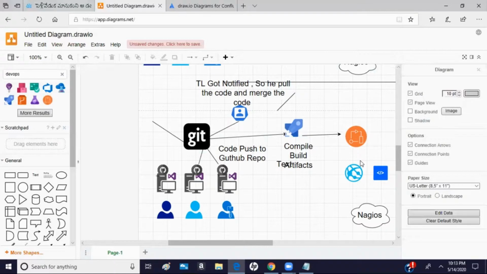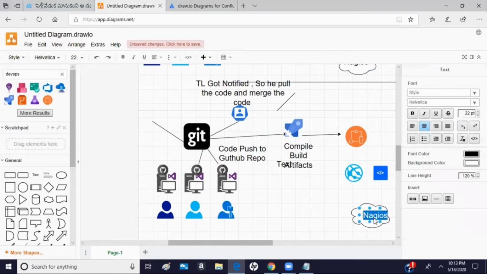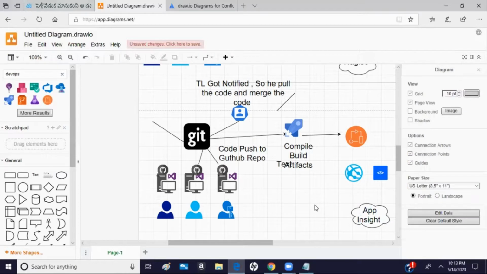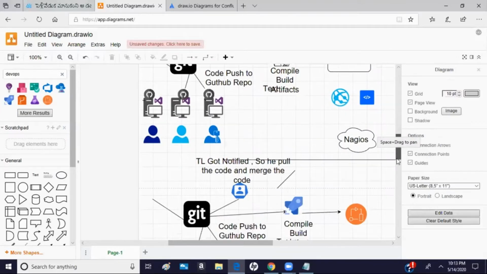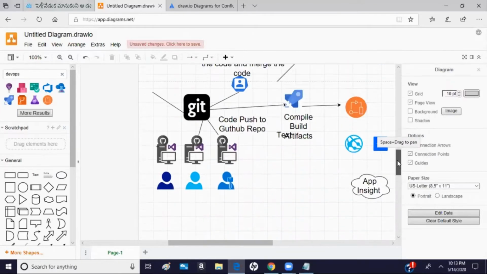And then instead of Nagios, I am going to use the App Insights service of Azure. So now if I look at the picture at the second stage, I see that we have an option to use the common DevOps tools, or we can use the complete Azure DevOps tools.